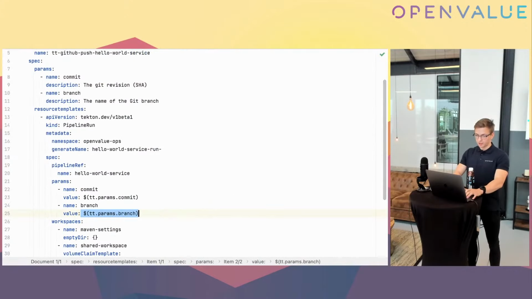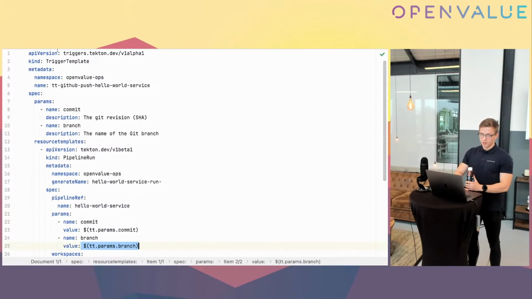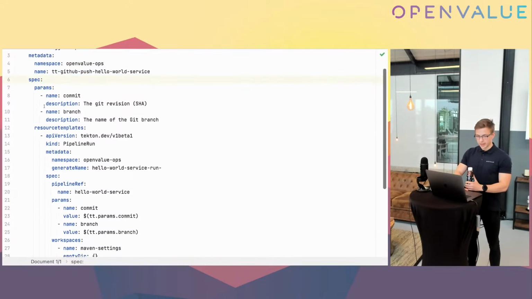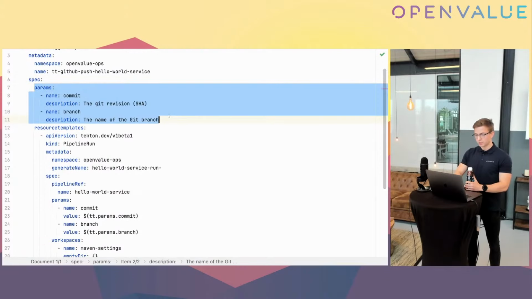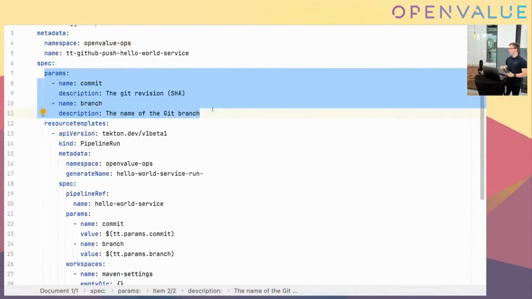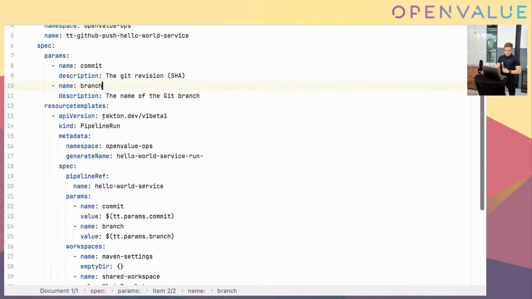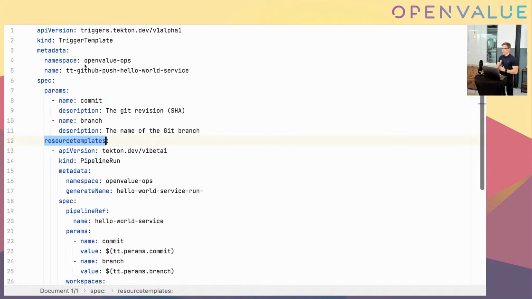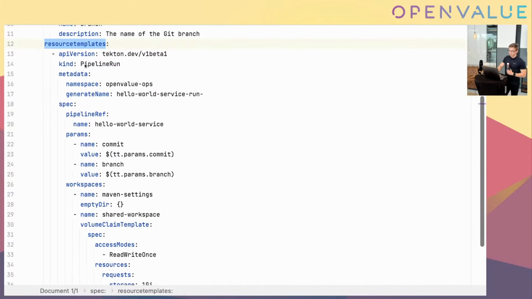Looking at the trigger template, we defined the trigger template here. Specification, parameters. So these parameters need to correspond to the trigger bindings that you define in your event listener. So they need to be the same. And then you can define resource templates. Resource templates are pretty much resources that will be created when the trigger template is running. You can define multiple, but